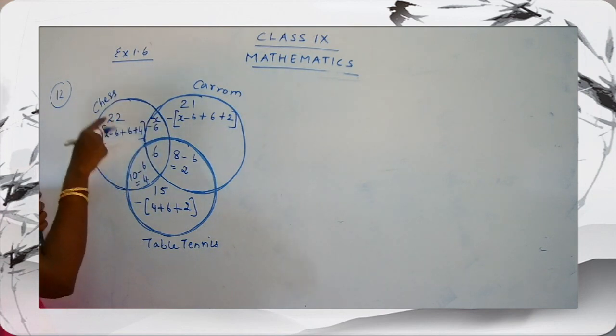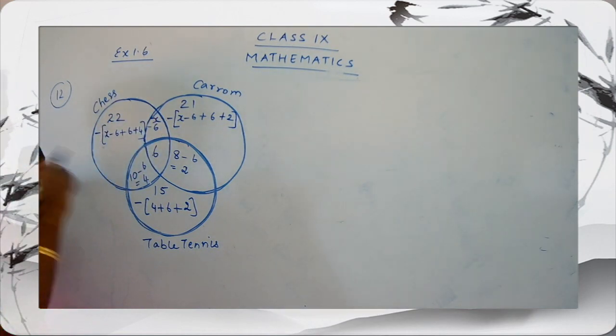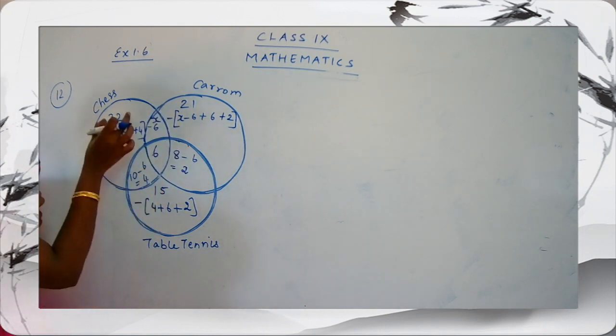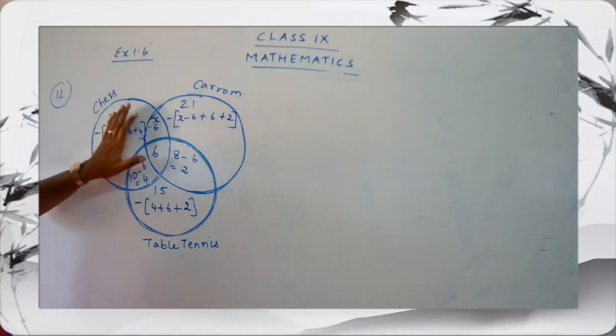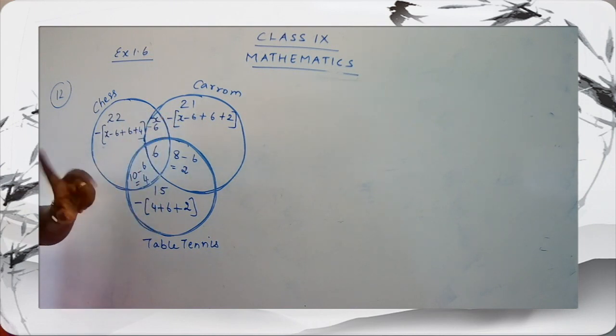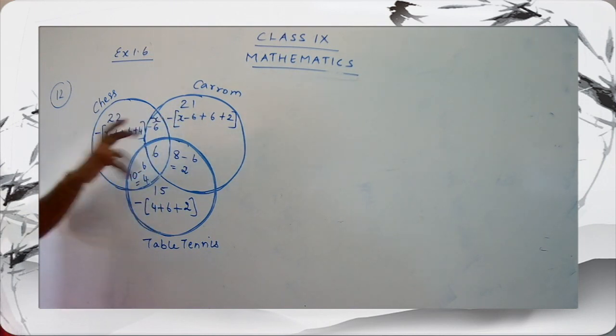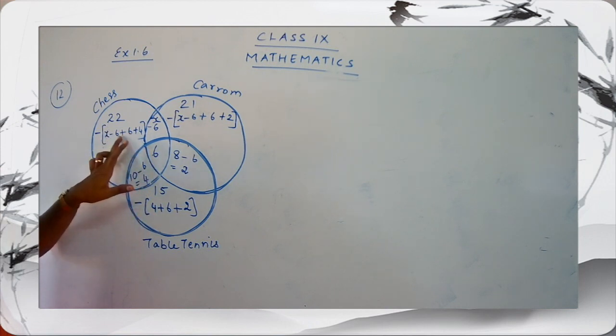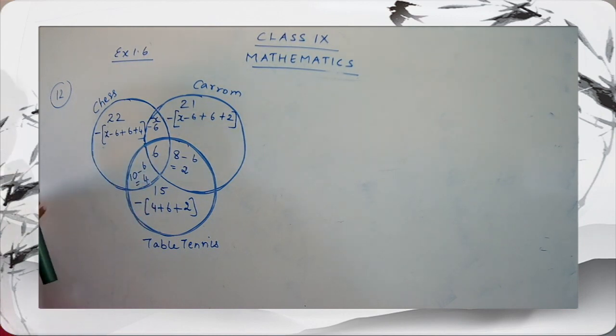You are just going to focus on one set at a time. So 22. From 22, what are you going to subtract? You are going to subtract the remaining areas. You are just going to focus on this part. You don't want these areas. The common areas we are not going to focus on. So you are going to remove x minus 6, 6 and 4. So the main signs will be plus, children.